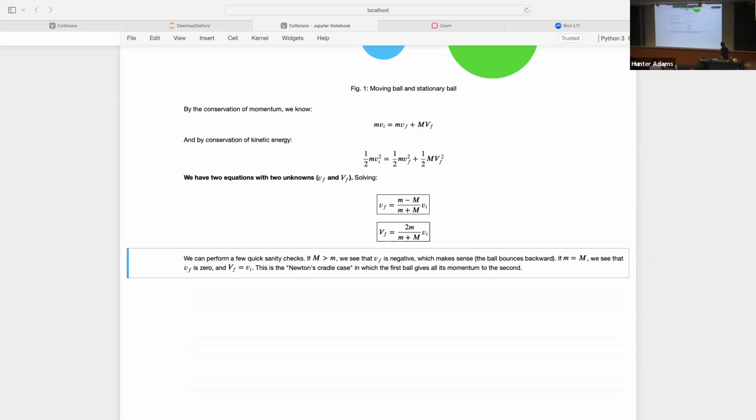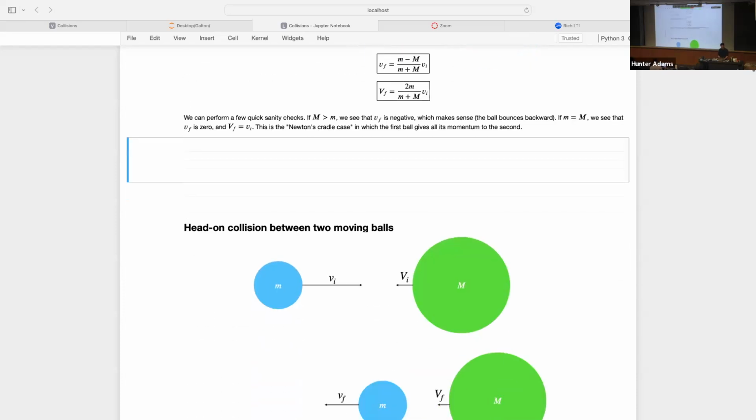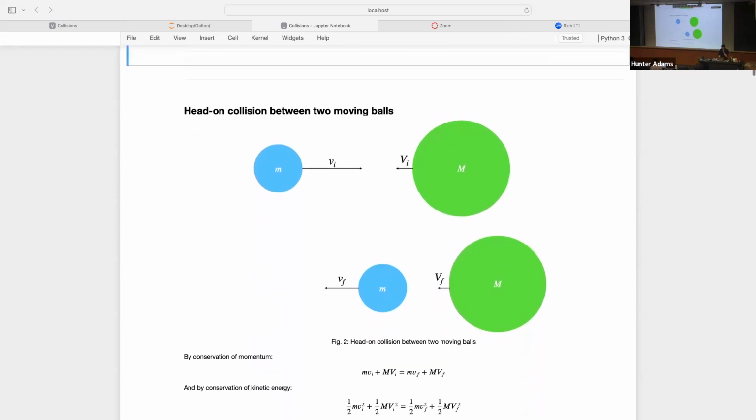So that's the simplest version of this problem. And as we'll see as we go through this and add layers of complexity, we save ourselves a ton of work by starting with this. This was easy. There's just a little bit of algebra between those two equations and these two equations. But as you'll see, it saves us so much work to start with this. Okay, so what's the next version of this? Well, almost the same, except